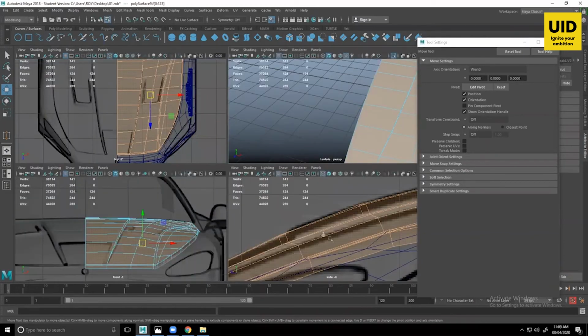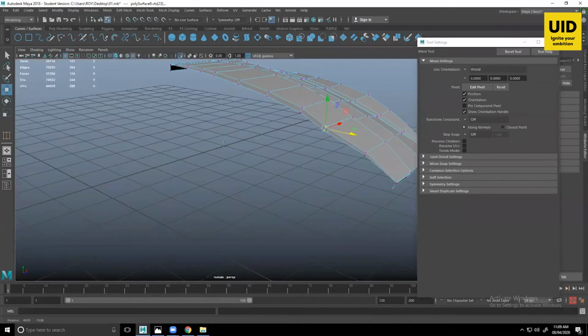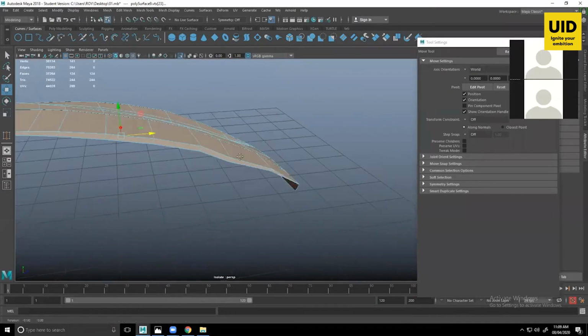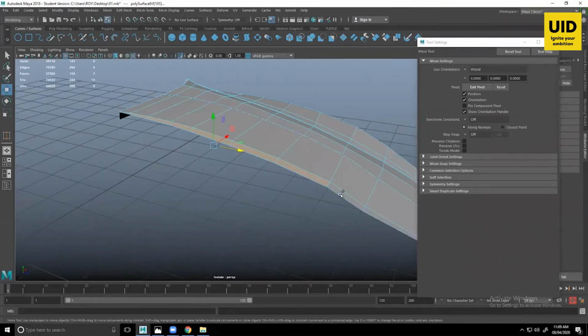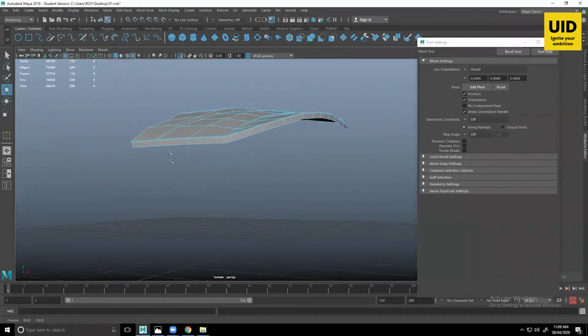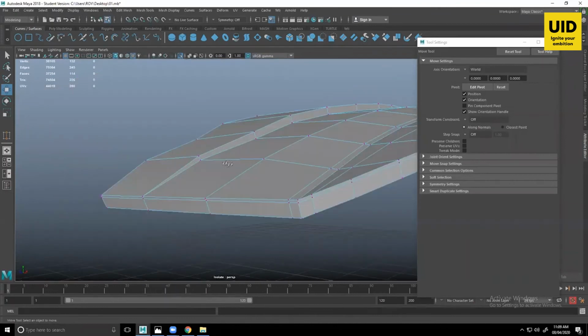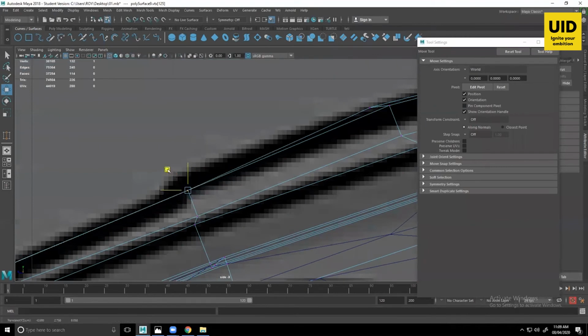Let's check from the top view. Where is it? Okay. We need to move our vertex and edges over here so that we can get this space. Also, we don't need these center faces that came from extruding. Let's delete this. I'll just delete them. We have this weird dent over here. I don't know how this happened. Let's just fix it. Yeah, it should go up there.